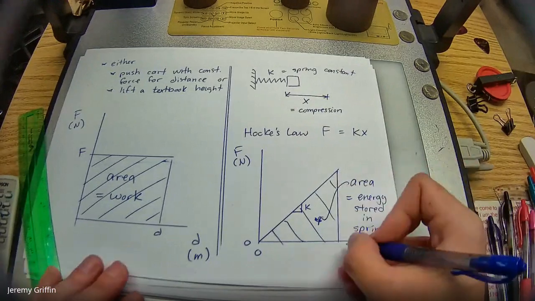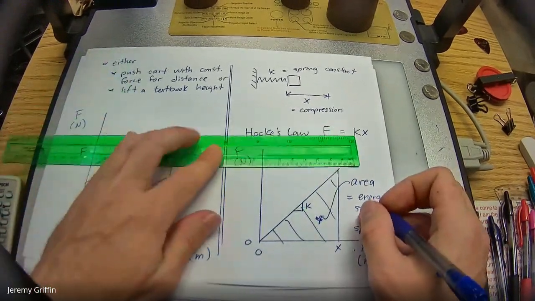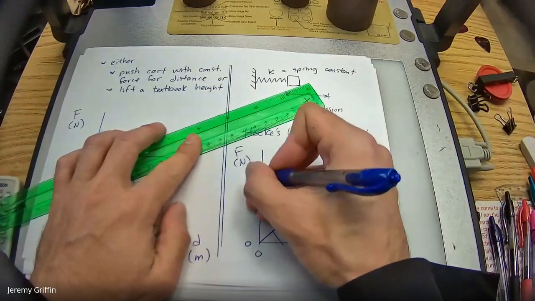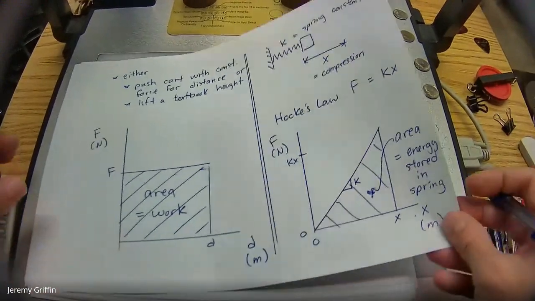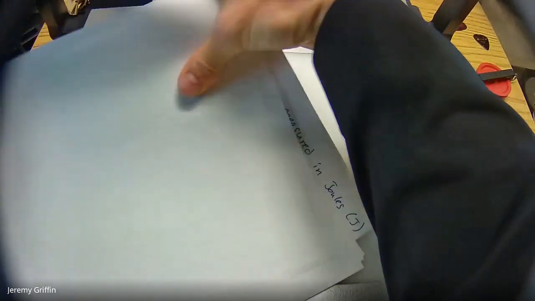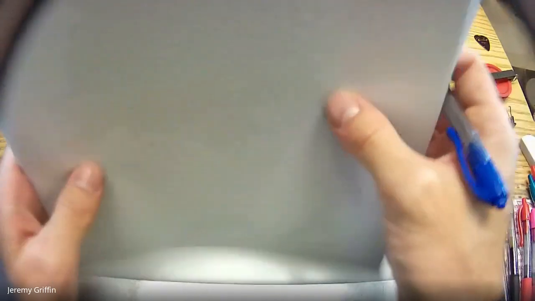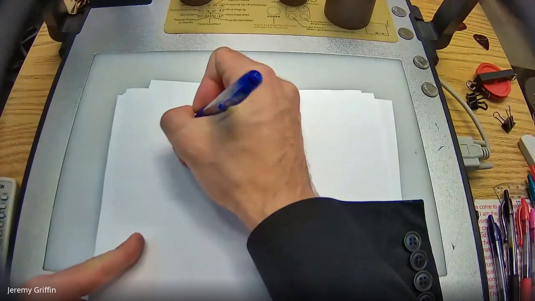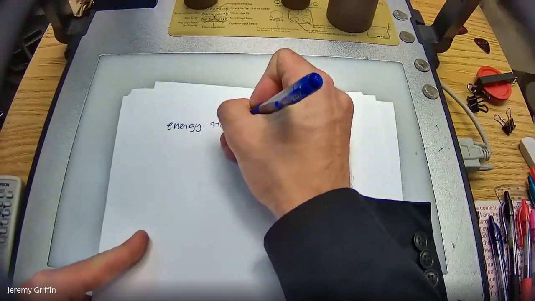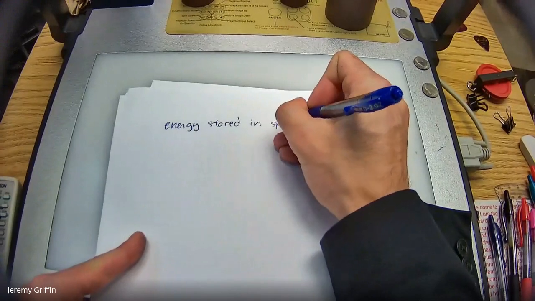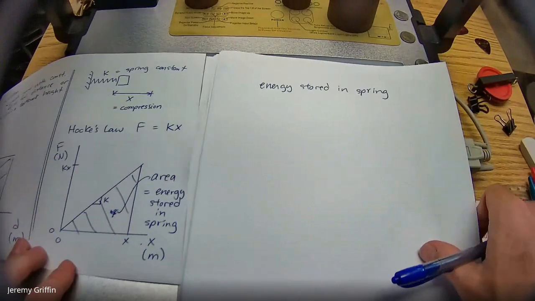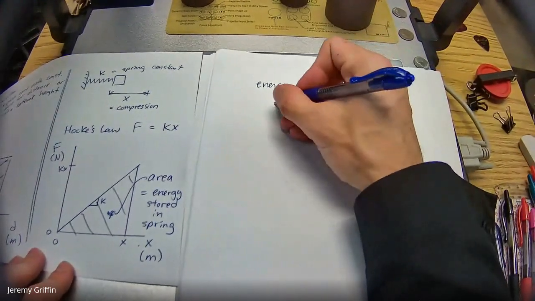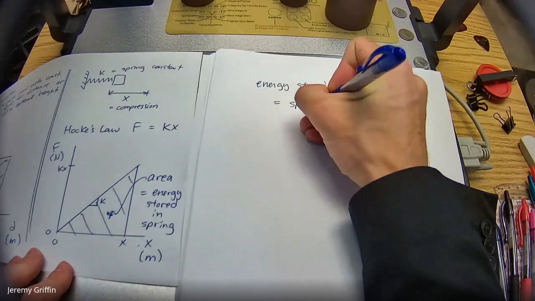Do you guys think that you could take some generic value x and some resulting force, which is equal to kx, and solve for the area of that triangle? Right? Let's do that right now. Okay, so the energy stored in that spring. Oh, they should just be side by side. You guys can see this play out. That's called spring potential energy.